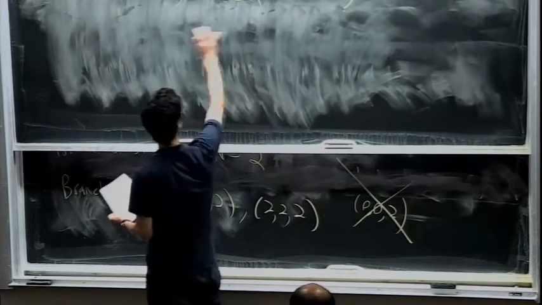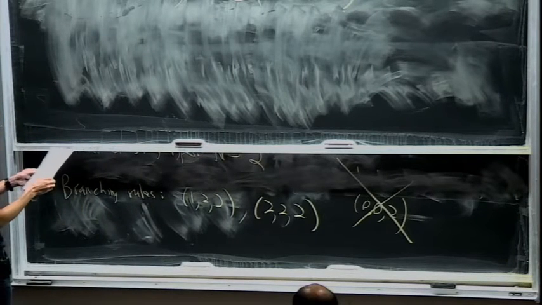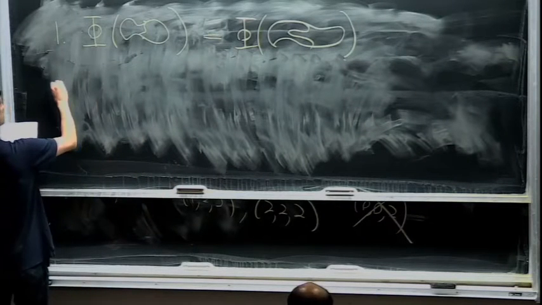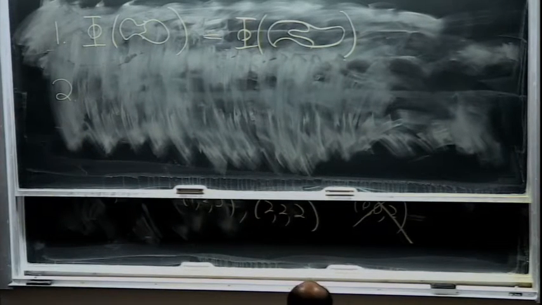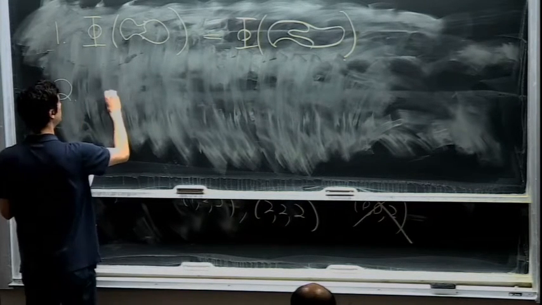Certainly, that's an example of a state which has no length scales. So it's a reasonable candidate for a fixed point wave function. Okay. So the second equation. The second equation is that